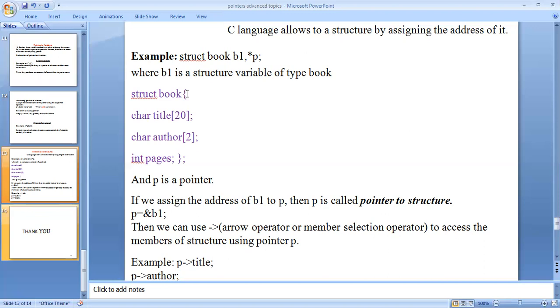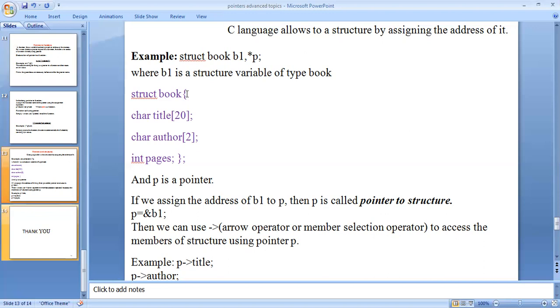If we assign the address of b1 to p, then p is called a pointer to structure. p equal to ampersand of b1. It means that when using the assignment operator, the right hand side element is assigned to the pointer.